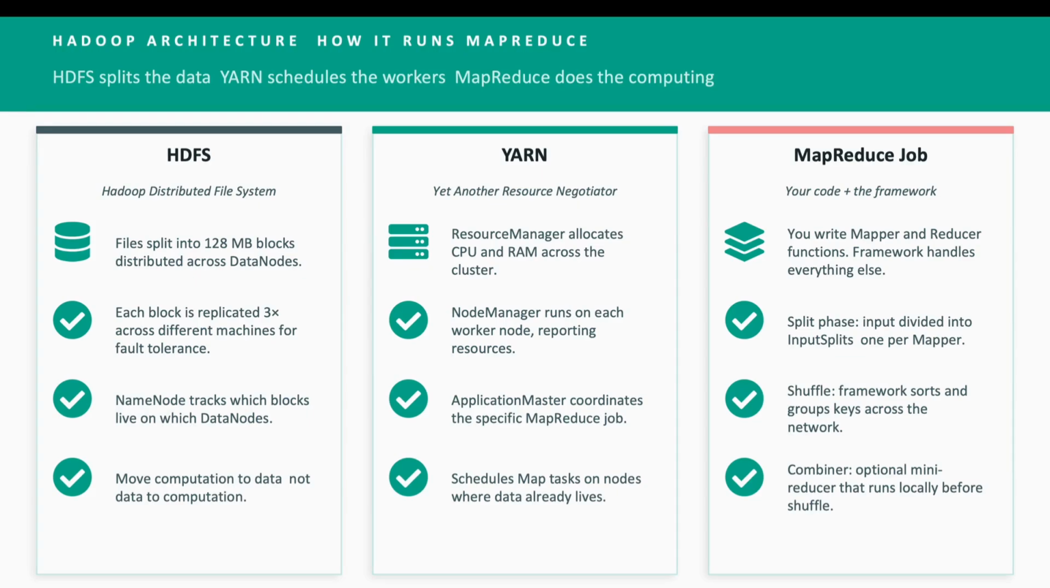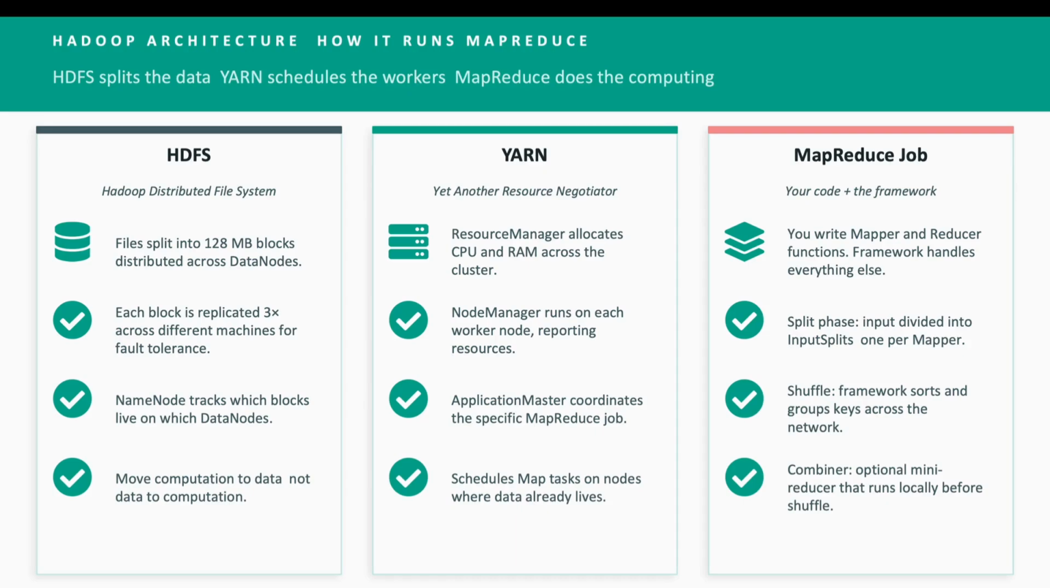We have the YARN component, which is Yet Another Resource Negotiator. This is the cluster operating system. The resource manager knows how much CPU and RAM every machine has available. When you submit a job, YARN's application master schedules your map tasks on a specific data node where your